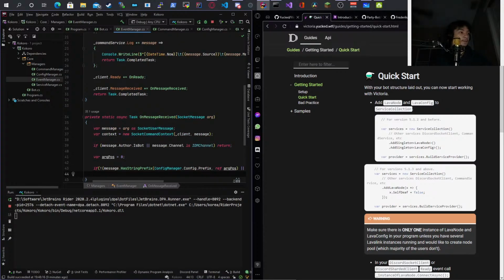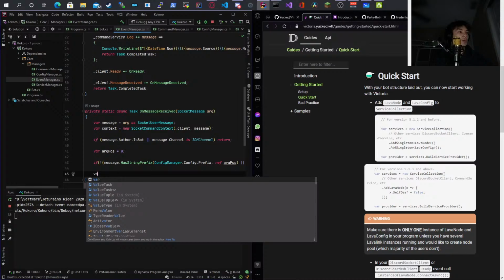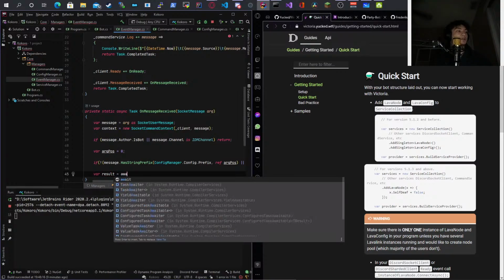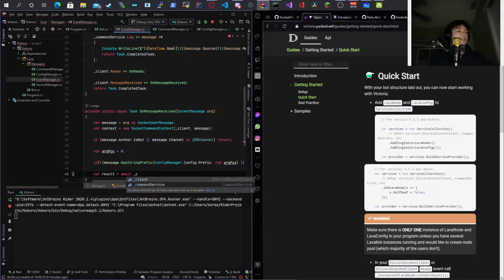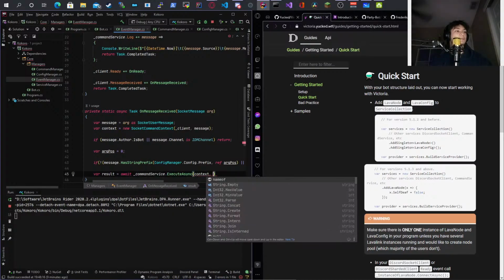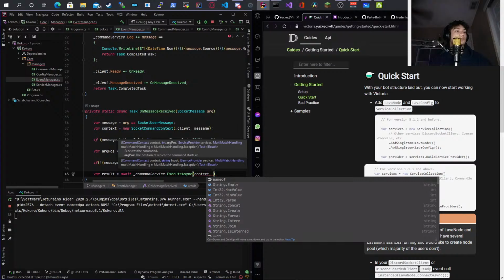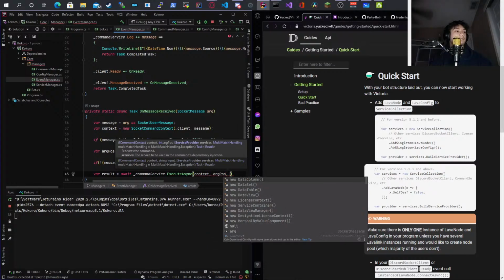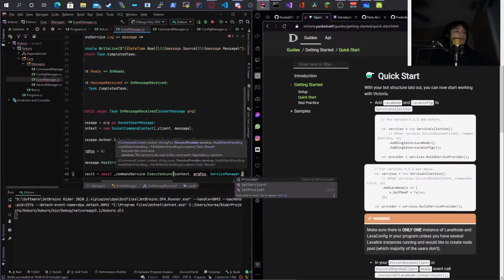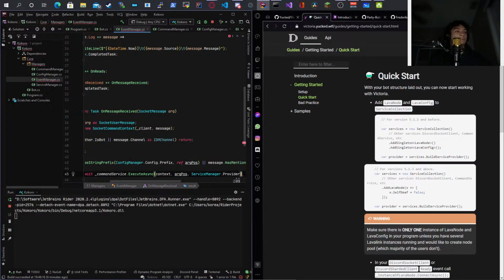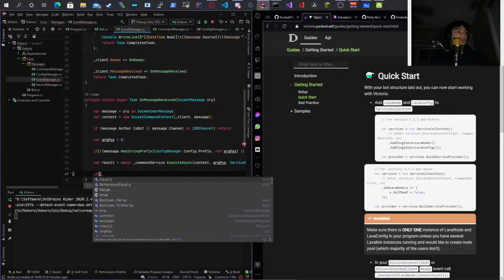Okay, now I can do var result. It's going to equal await commandService.ExecuteAsync context, argPos, and serviceManager.Provider, and then I need to do some error handling.